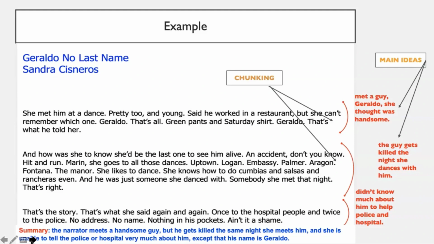Once the text has been read in its entirety, you can then write a short summary by combining the main ideas you've already written. And that's it. It is a simple yet effective